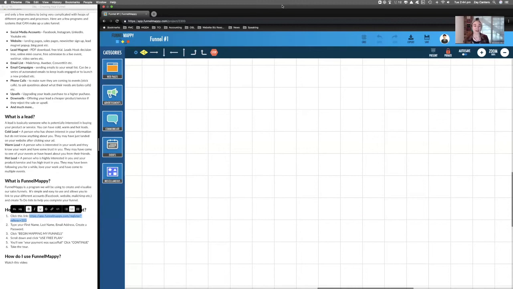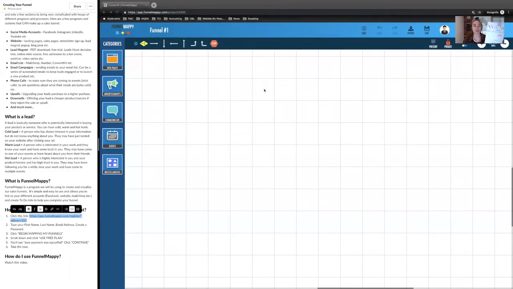So as you can see on the left side of the screen, you'll see categories: web pages, ads, communication, events, and miscellaneous. Okay, my screen sharing is not paused. Okay, resume screen sharing. So you'll see on the left here, we've got categories, web pages, ads, communication, events, and miscellaneous. And you've got some cool little arrows here.